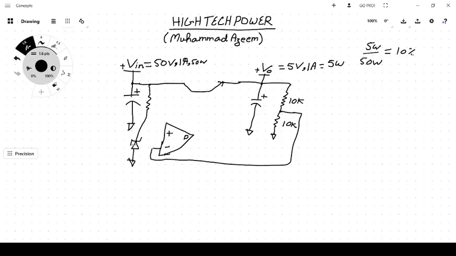For example, if there is a 3.3 volt zener, then on the cathode side there would be a fixed 3.3 volt. If it is a 12 volt zener, then on the cathode side there would be a fixed 12 volt DC,